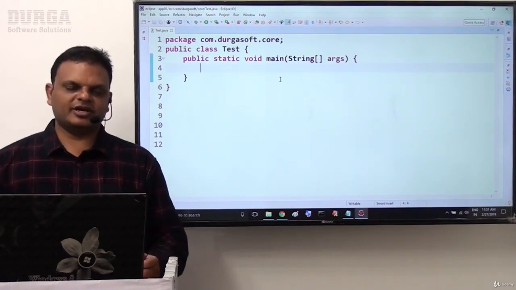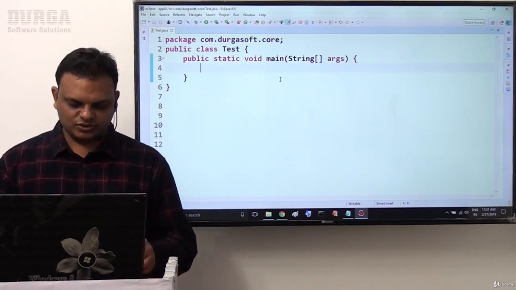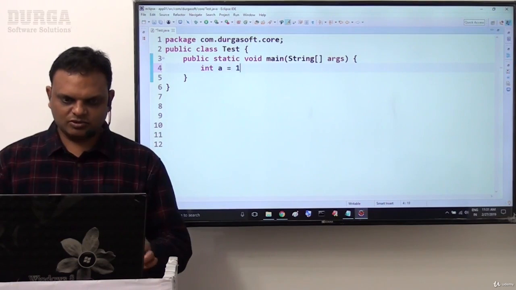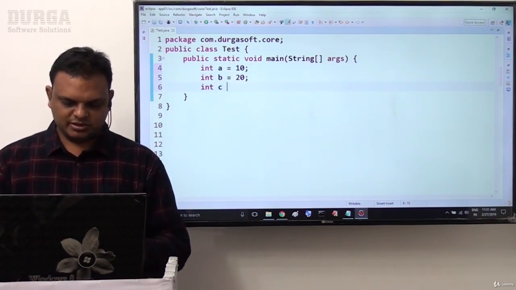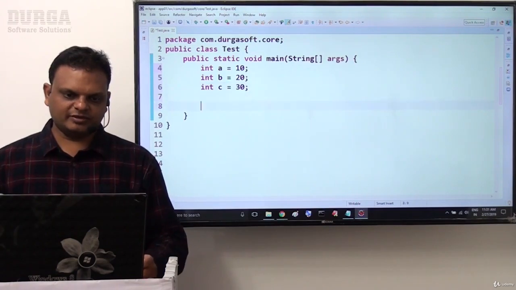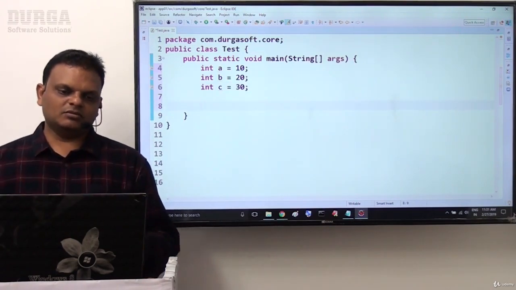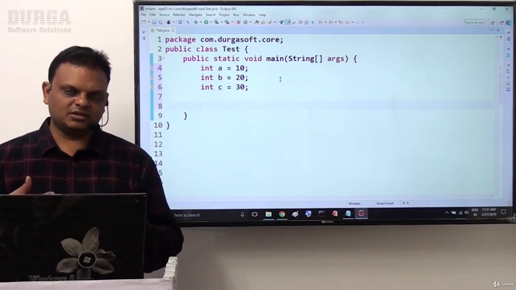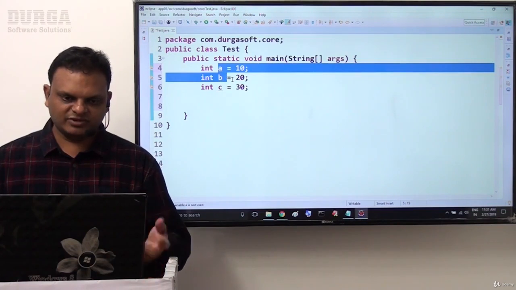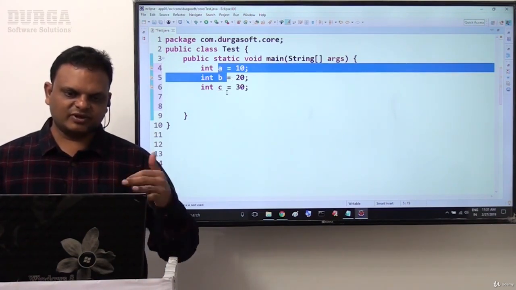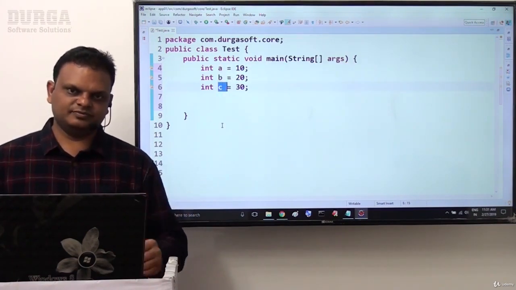First of all, I want to take three variables with values: a is equal to 10, b is equal to 20, c is equal to 30. That's fine. Now, what is my idea to check the biggest among these three numbers? First of all, I will compare a and b initially. Inside this, with the biggest number, I will compare c.